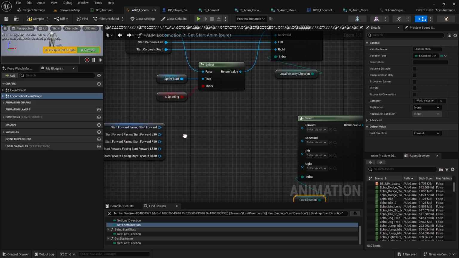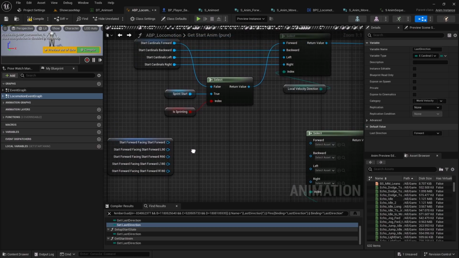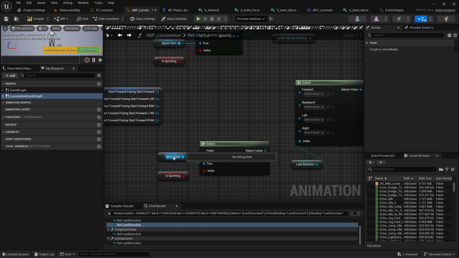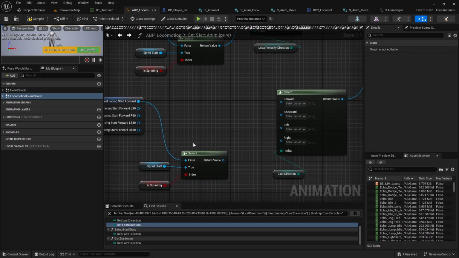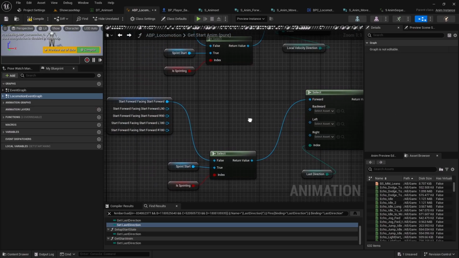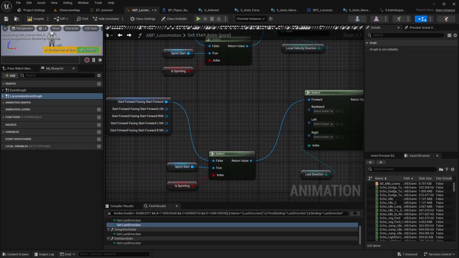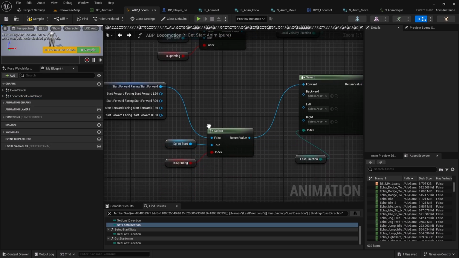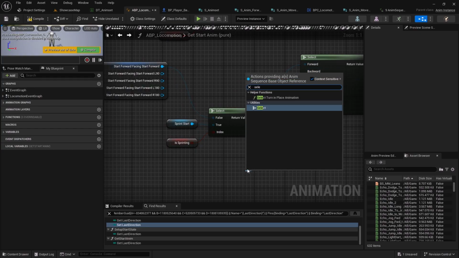So yeah, for forward actually we can use this one again because it should work for the sprint as well. But if you're not sprinting, you are taking the existing forward and passing it to the forward. Right. And for the backward, again let's have a select,